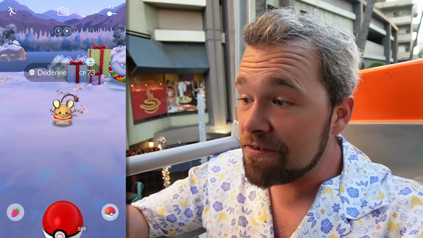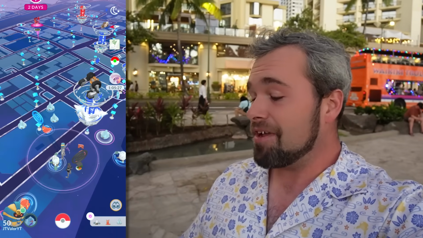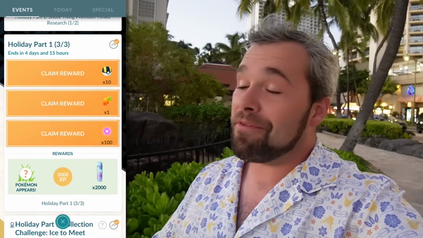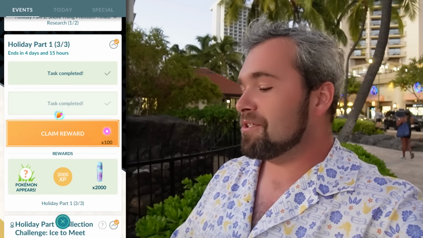The daily instance does bring in Dedennes. It's worth doing. Pop the daily. All right, I completely forgot that it's the Bergmite and Slugma Spotlight Hour. I don't really need either one of these things, so I got off the bus for a little bit. But as you can see, the nighttime Christmas lights on the palm tree is awesome and extremely fitting for where I am. And part 3 of 3 is done now, so let's claim the Ultra Balls, the Golden Raspberries,